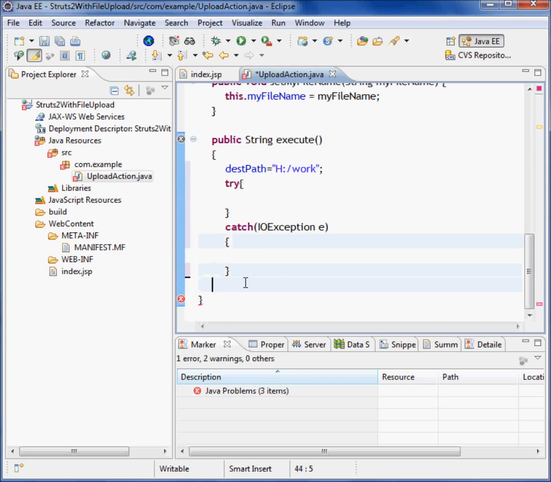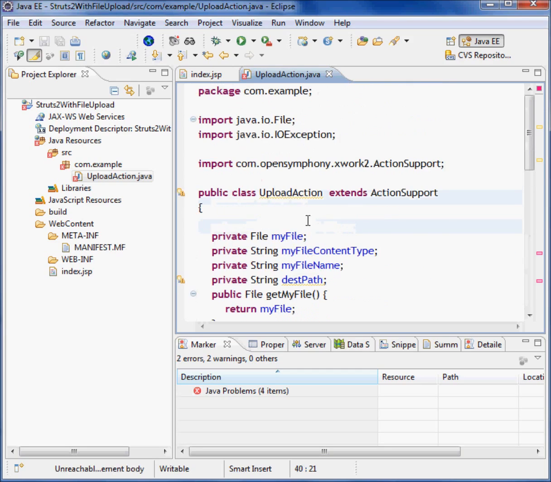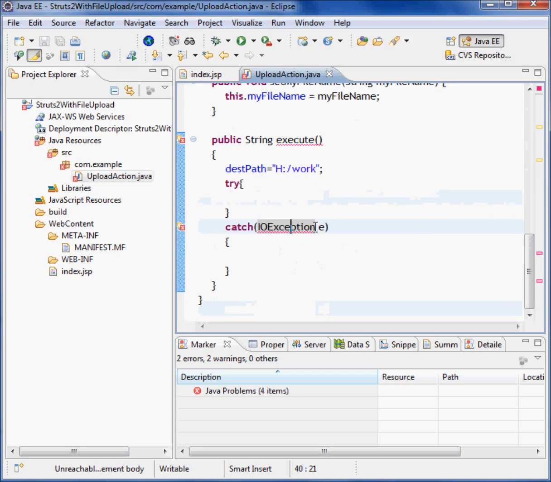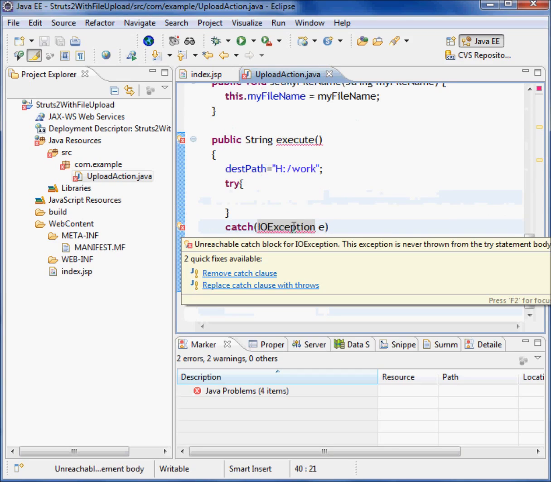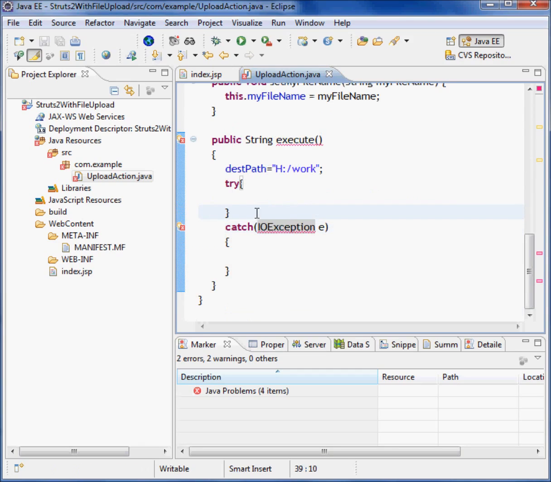This is the end of the method, right? Now here we'll write some code. What is it saying now? Yeah, correct. Unreachable catch block. So just we'll write here